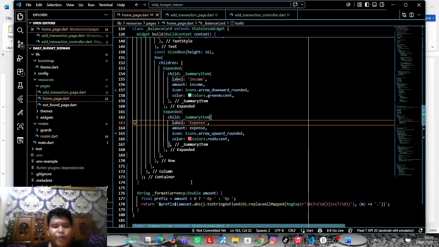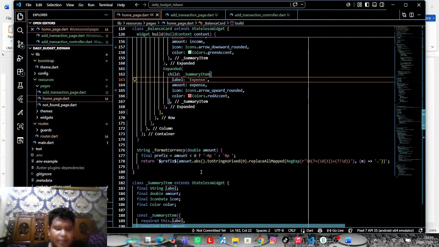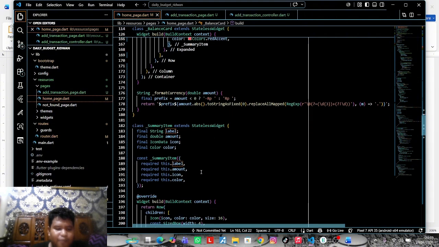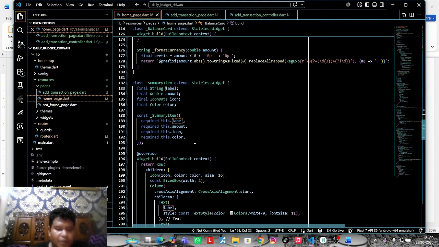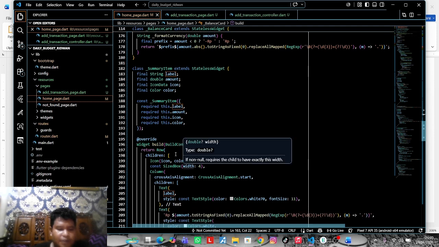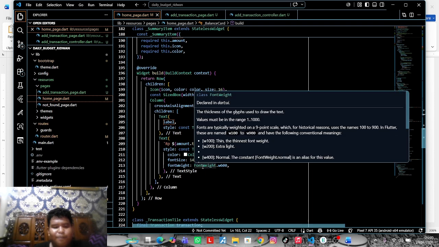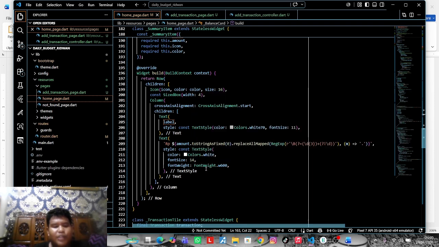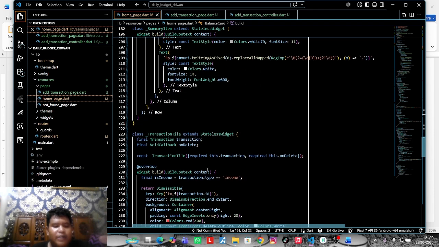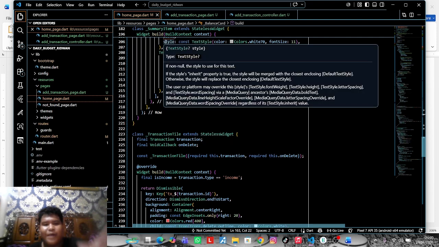Users can also refresh the transaction list by pulling the screen down. To remove a transaction, users simply swipe the transaction card to the left and the application asks for confirmation before deleting it. At the bottom right corner, there is an add button that navigates users to the add transaction page. Okay, I think that's all I can describe about the home page.